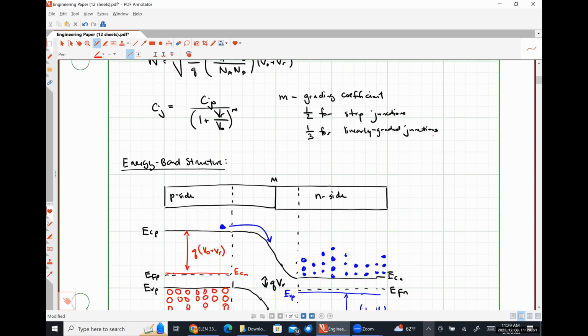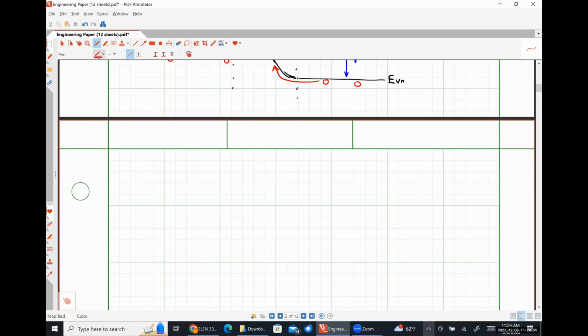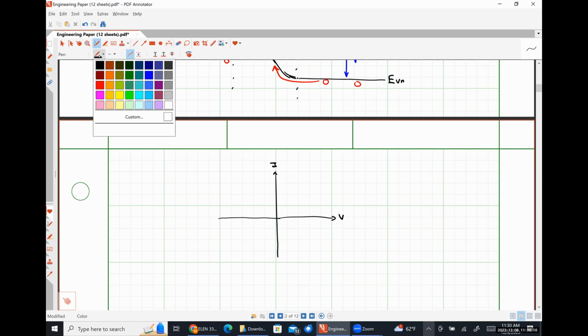So if I were to plot the characteristic curve for a PN junction, where this is current on this axis and voltage on this axis,